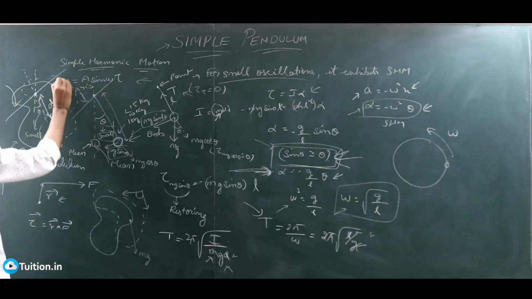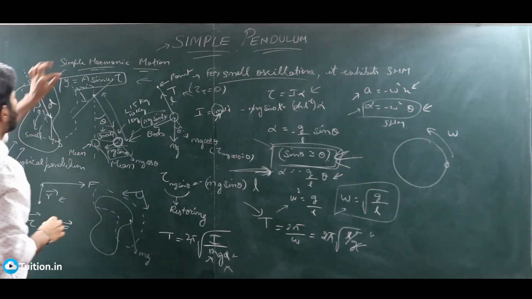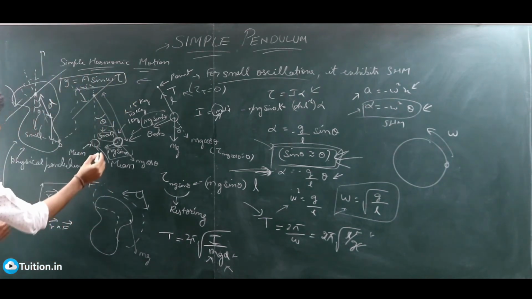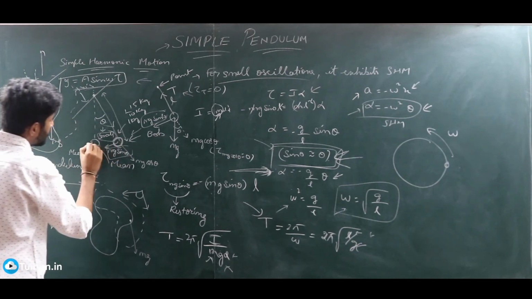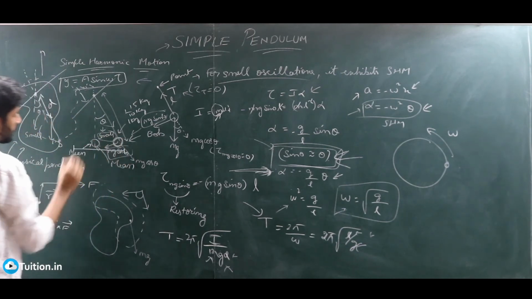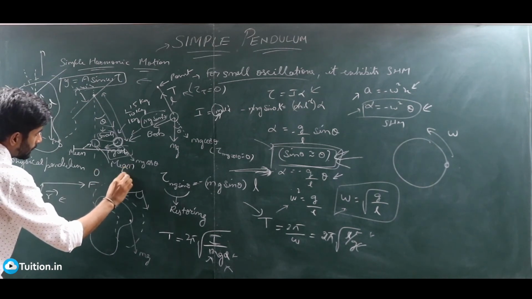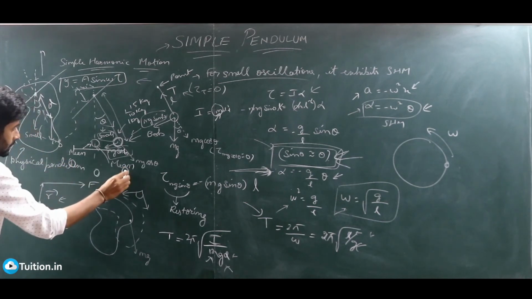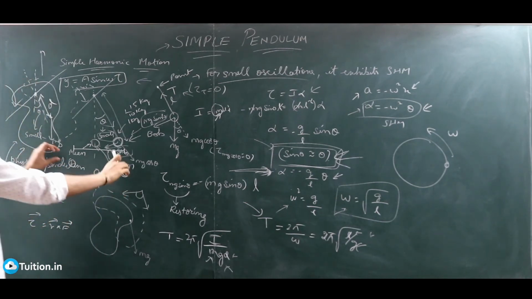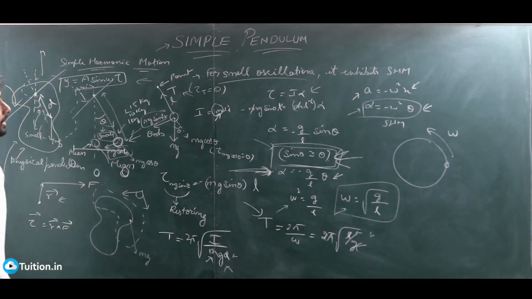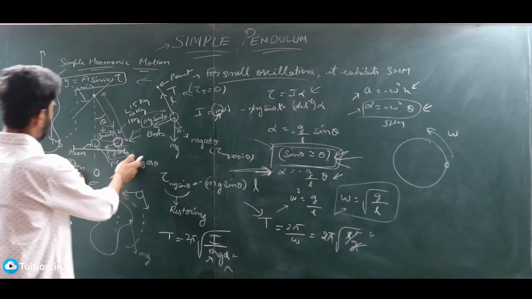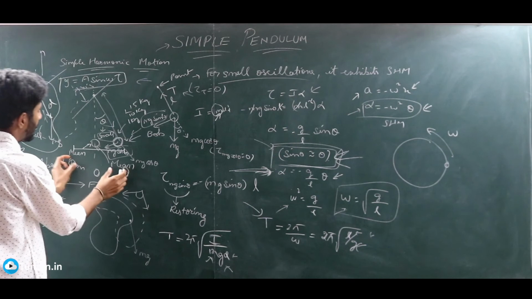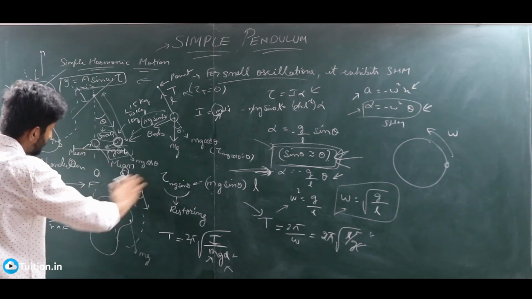So if you look at this, y is equal to a sine omega t. Here your displacement was on the y side, and a sine omega t is what you had. Here your SHM is occurring basically about these 2 points, right? So your bob is here. After some time it will be here, and then here, right? So if your angles are small, then this position and this position will lie on the same line. But if your angles are huge, then this will go up, right? So if your angles are huge, it will not even look like an SHM, and this condition also will get violated. So both ways you can verify that your angles have to be small so that these three positions are on the same straight line, right?